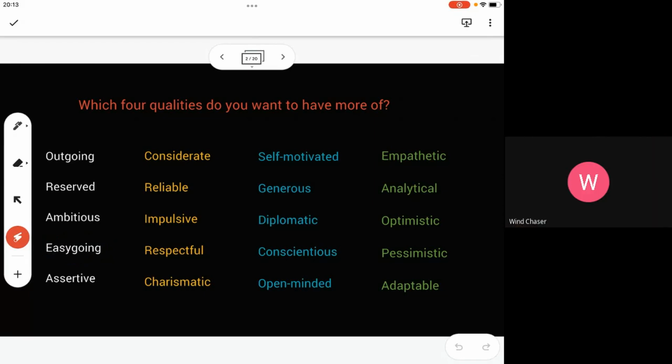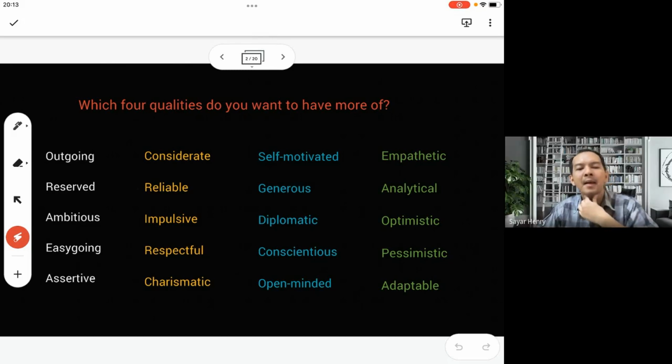It's stay with the flow, right? Yeah, it's almost the opposite of an ambitious person, because easygoing is like a flexible person in terms of everything. Okay, so flexible meaning what? It's like they don't really have much pressure on their mind. Even if the situation is stressful, they don't feel the stress. They are just relaxed and they don't want to take things too seriously. So they are easygoing people.